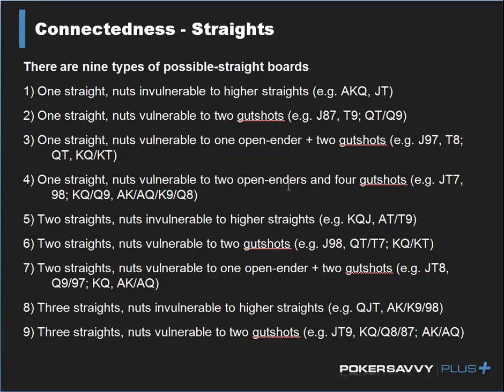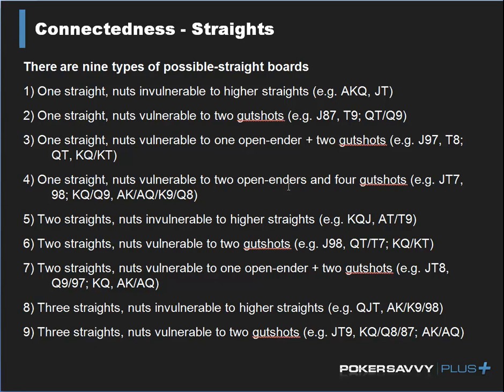So, Queen-9-8 is a board that's dry, but it's also a board that's heavy. It's a board where a lot of times somebody will have Jack-10, a lot of times somebody will have a set of queens, set of nines, and so forth. What's interesting is that at the top end there's a wide range of hands, and 20% of all hands hit that board hard, but the matchups between the nut hands and the near-nut hands, and the rest of the hands beyond them, are more polarizing on these boards,